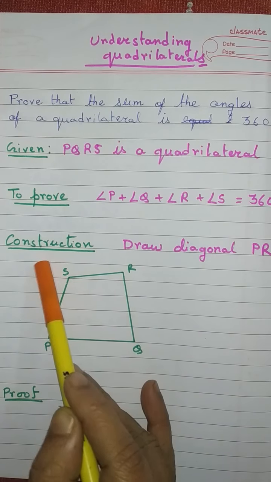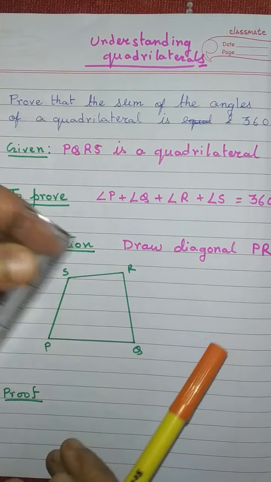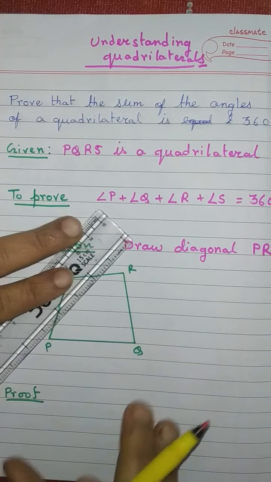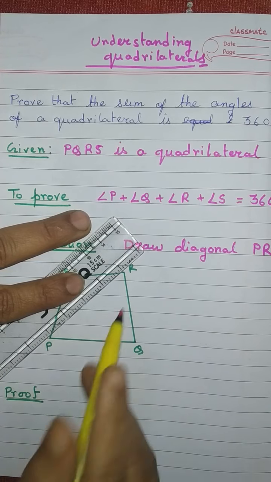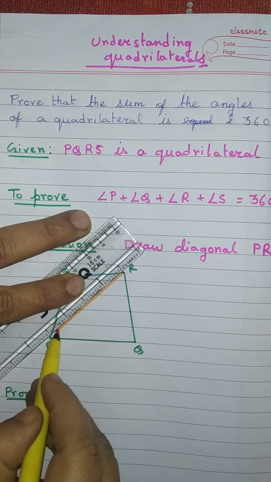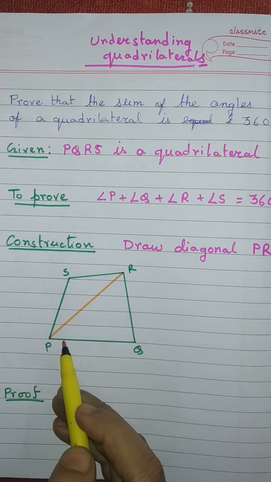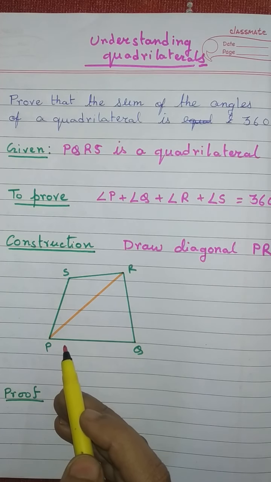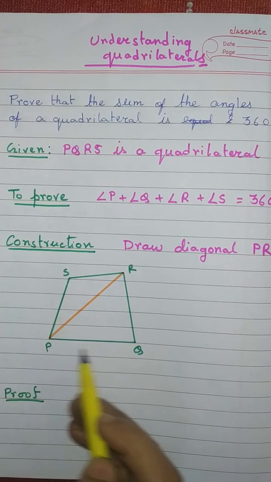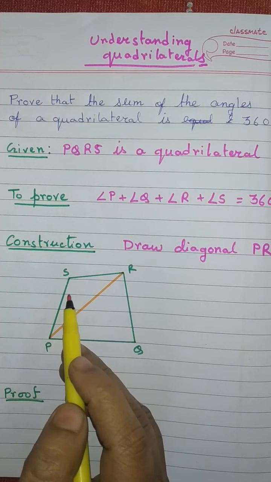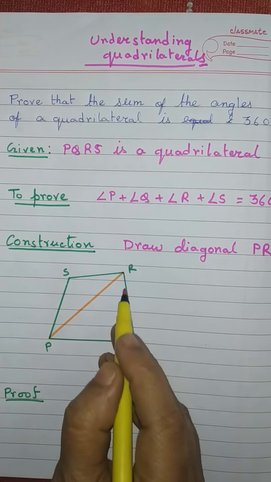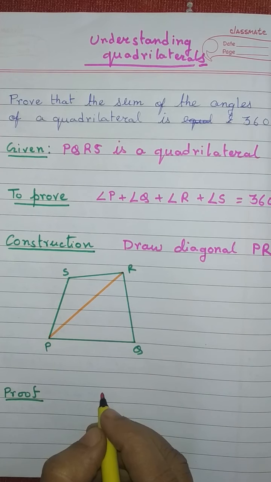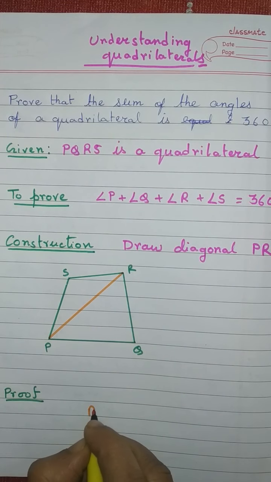That is, we draw a diagonal PR. We join the vertices P and R. So PR is the diagonal. This PR diagonal divides this quadrilateral PQRS into 2 triangles. Name of the triangles are PQR